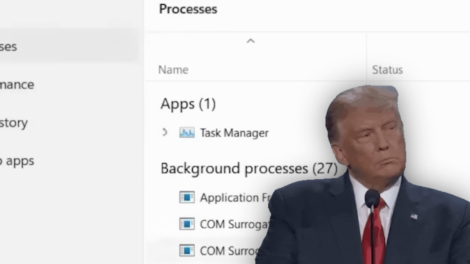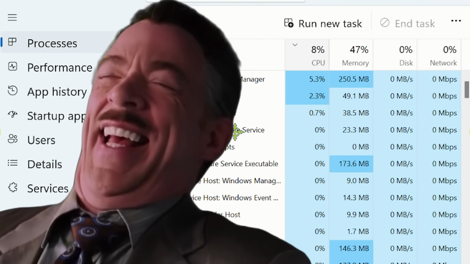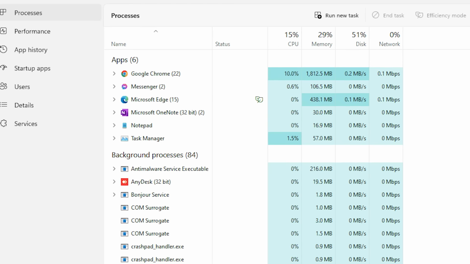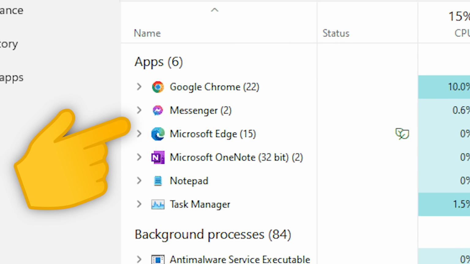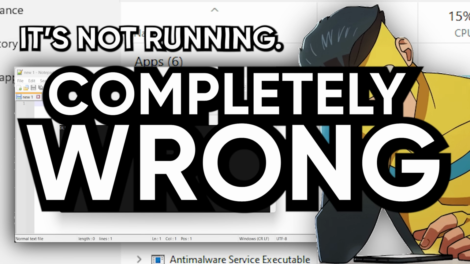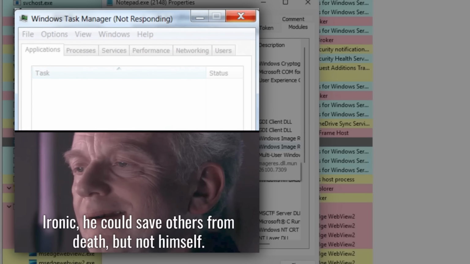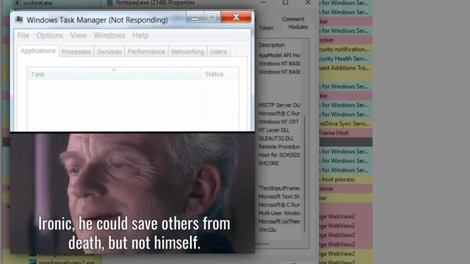Task Manager is lying to you. Not intentionally, it's just hilariously bad at telling you if something dangerous is running on your computer. Most people think if it's not in Task Manager, it's not running, which is adorable, but completely wrong. Malware developers know this, and they've been dunking on Task Manager for decades with techniques that make their code invisible